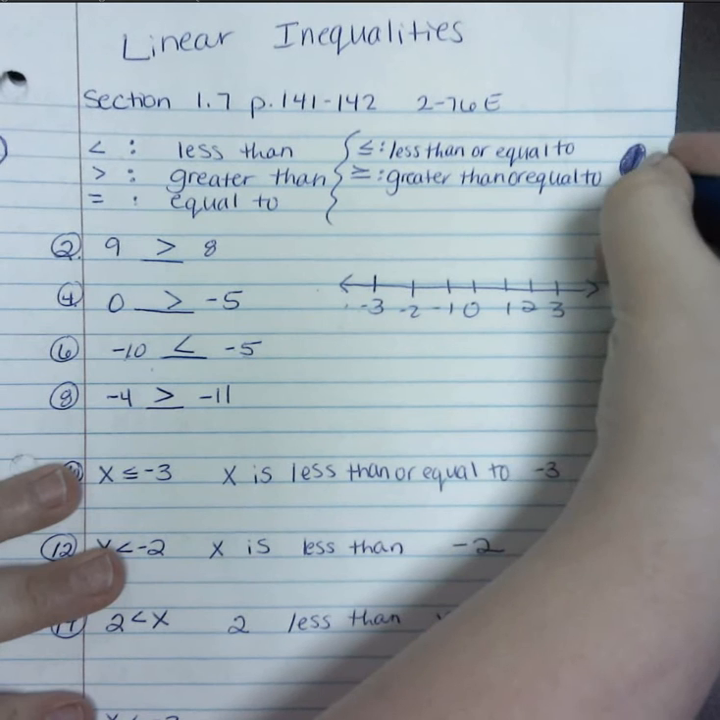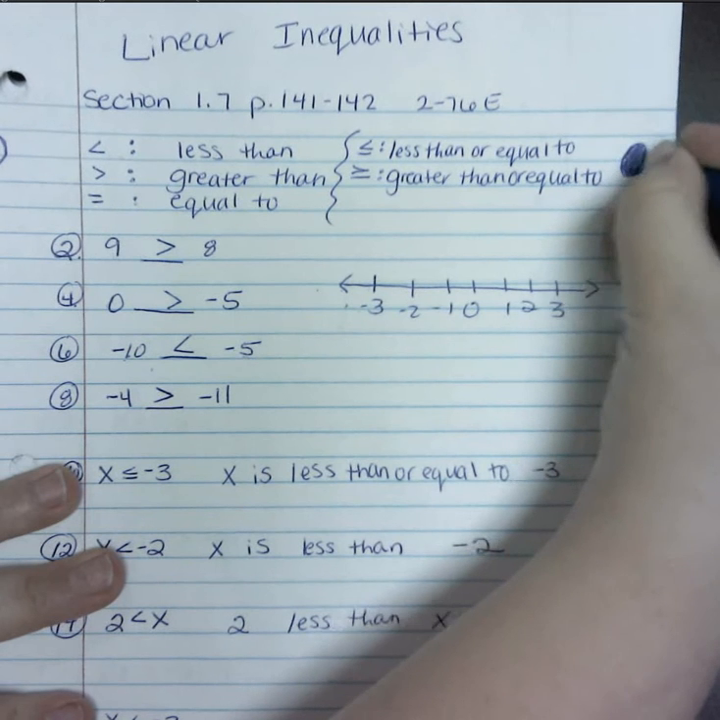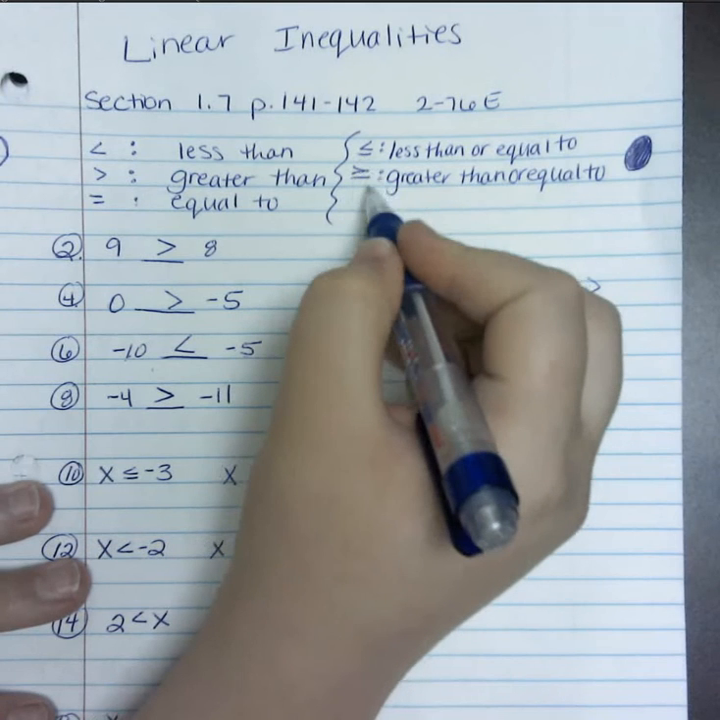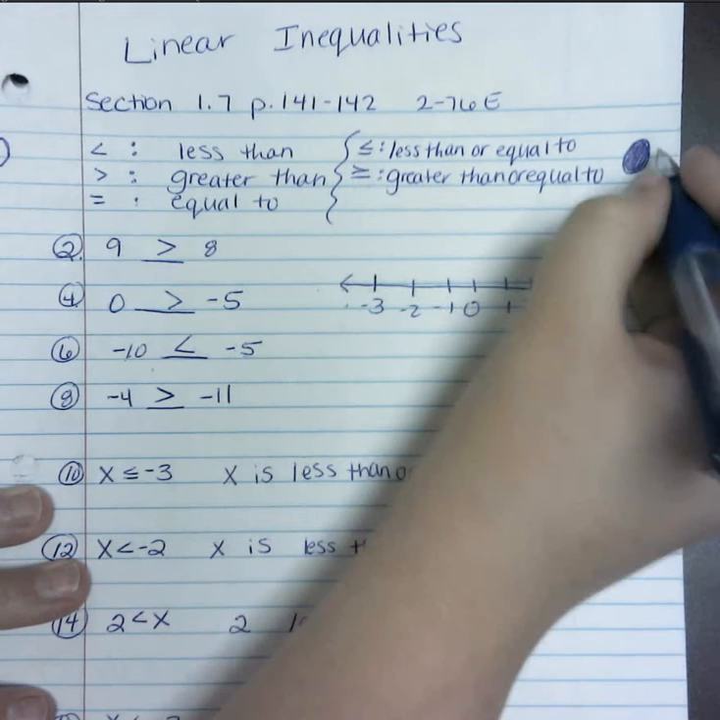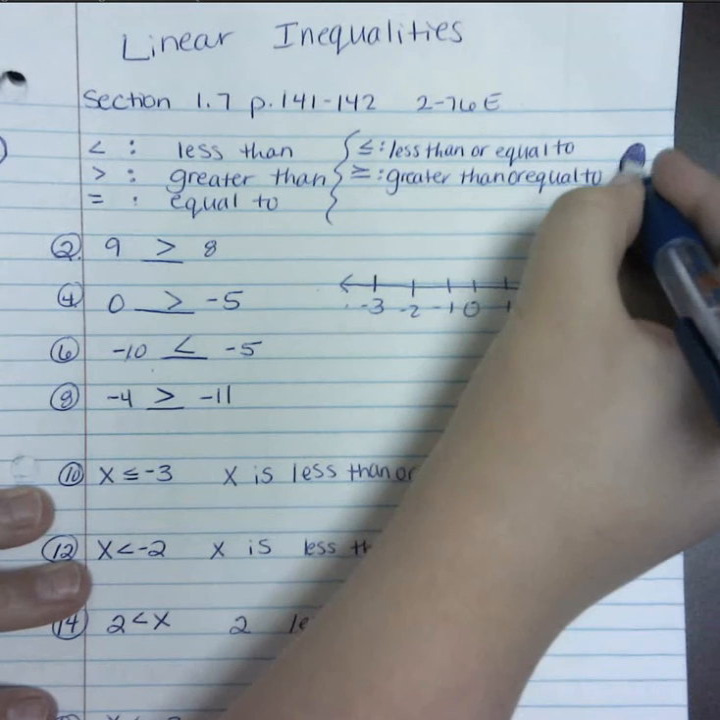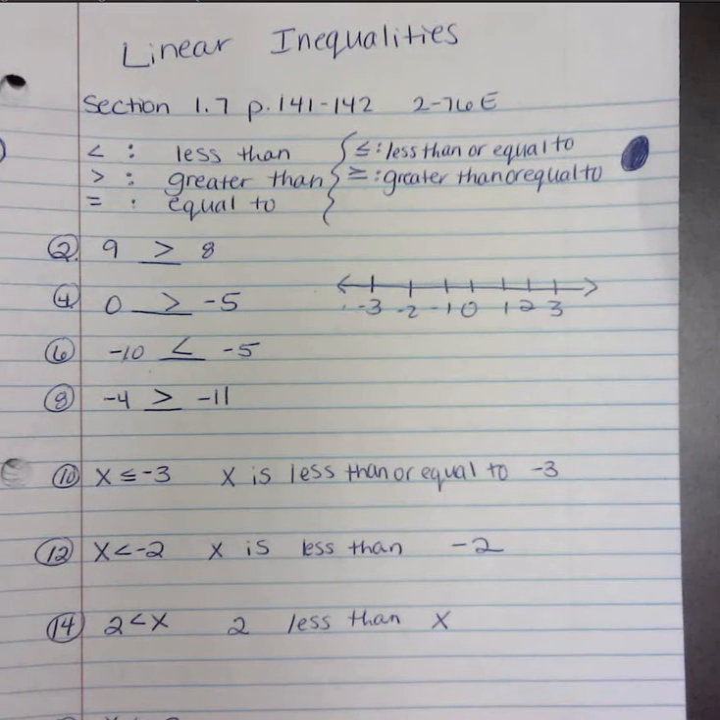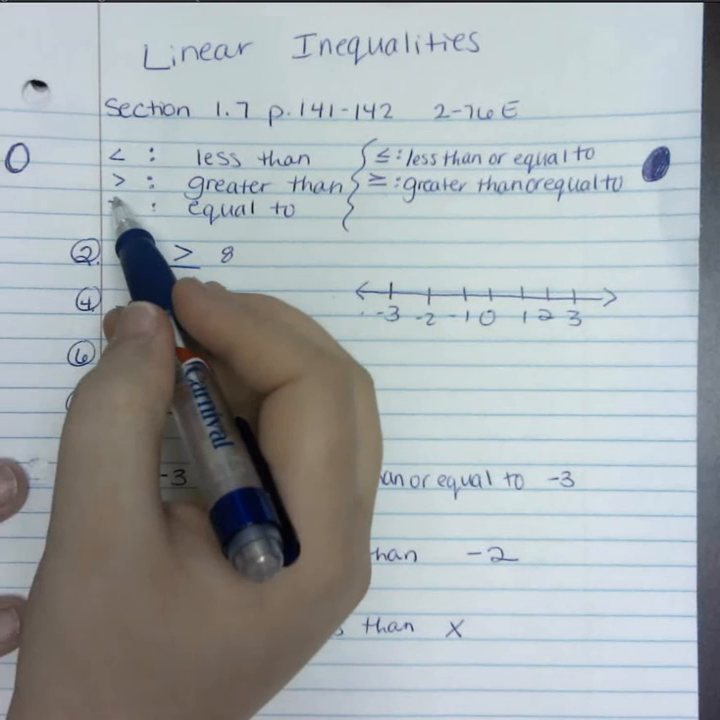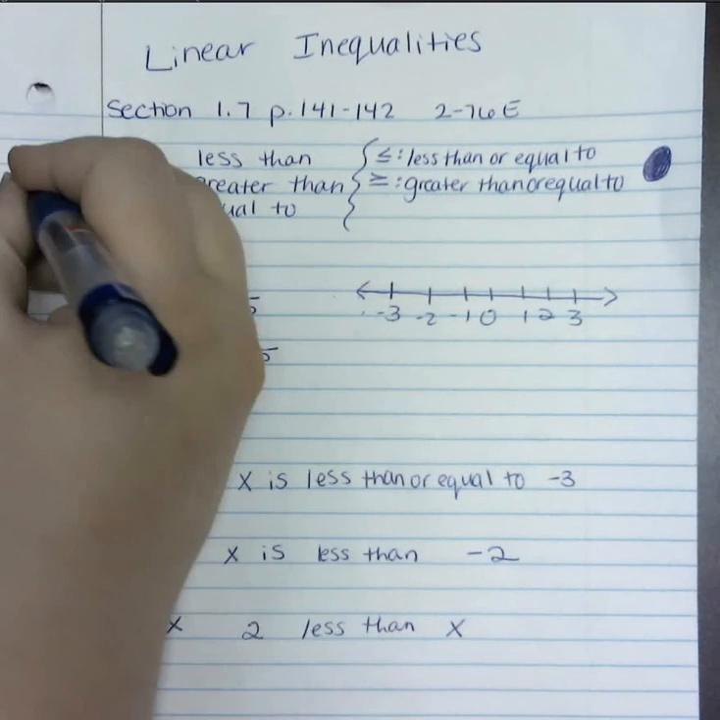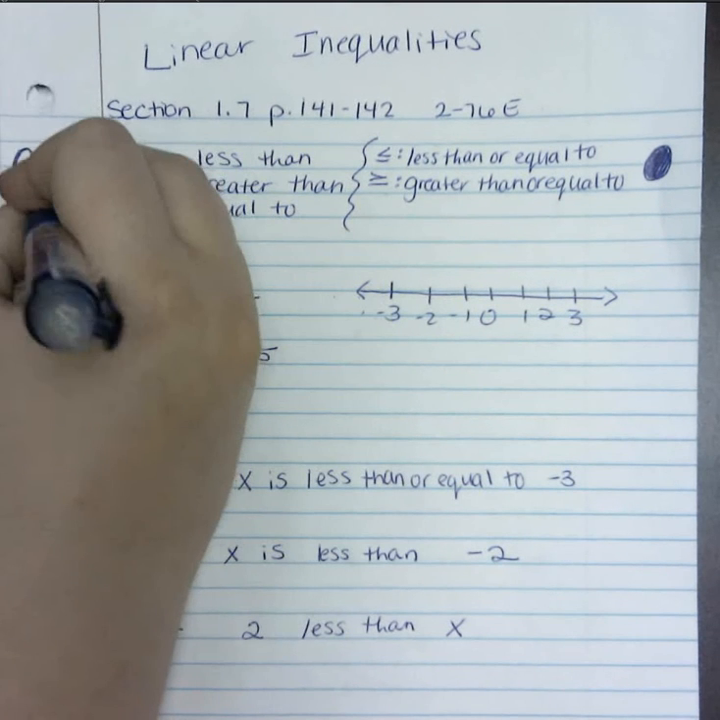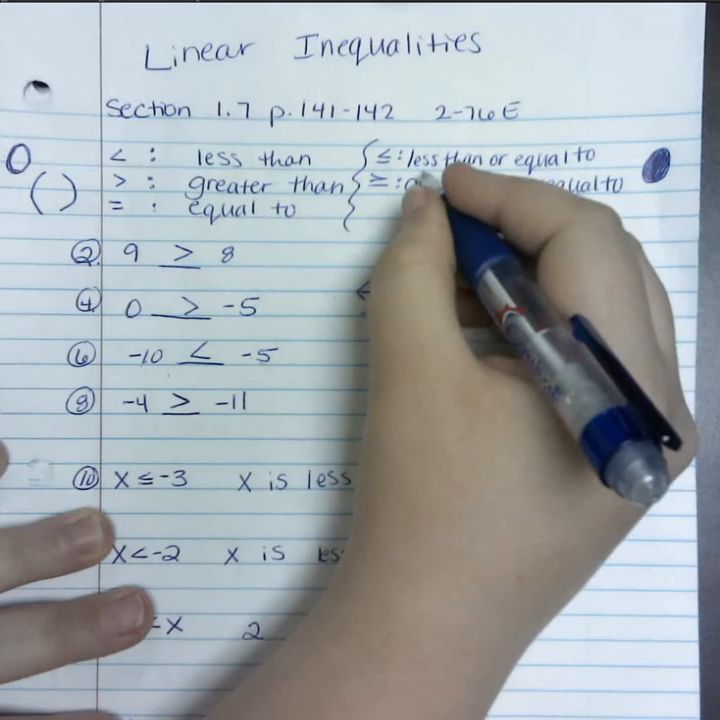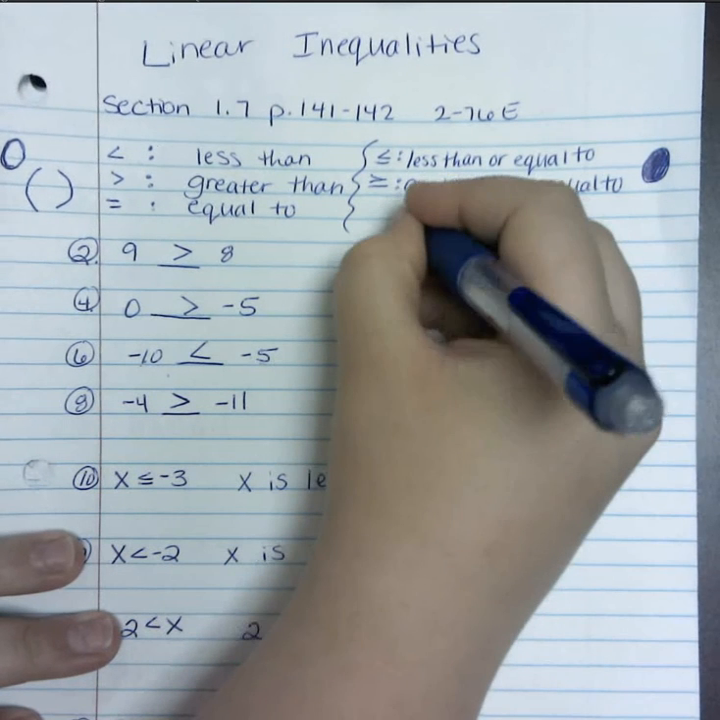If it helps you, you can think of it this way: you have to use more ink to draw the equal to part, so you need more ink to color in the circle. In your book, you will notice that for less than or greater than, the book uses parentheses. And for less than or equal to and greater than or equal to, they use